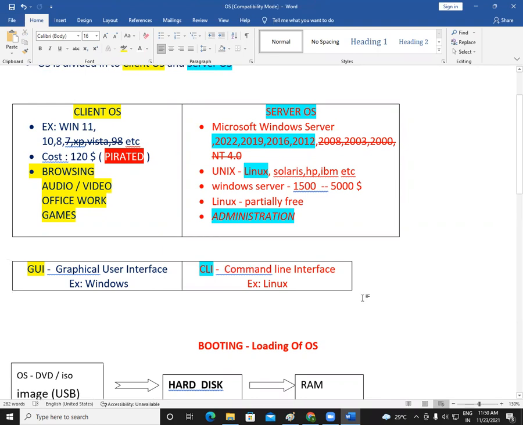When you move in your career, most people don't like commands. They feel, why do we need to remember commands? It's not so easy to remember commands. But once you move in your career after maybe 1 year, 2 years, or 2.5 years, you will feel more comfortable using commands than graphics.